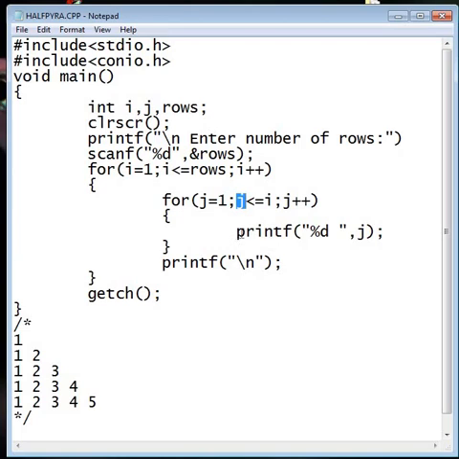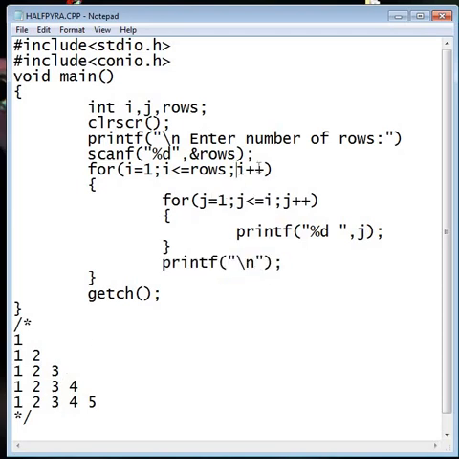For the first time when the value of j is 1 and it is less than i, the value of j is printed, that is 1. And next the value of j is increased by 1, that is 2. So now the value of j is not less than, but equal to i, that is the value of i is 2 and the value of j is also 2. So again the value of j will be printed, that is 2, and after that the loop condition will terminate the loop and a new line.